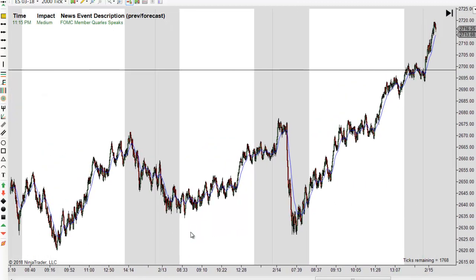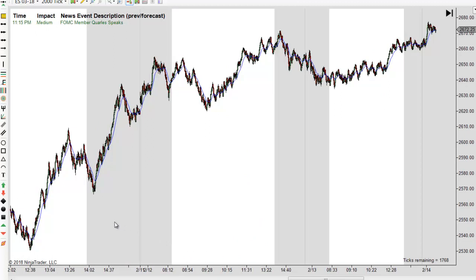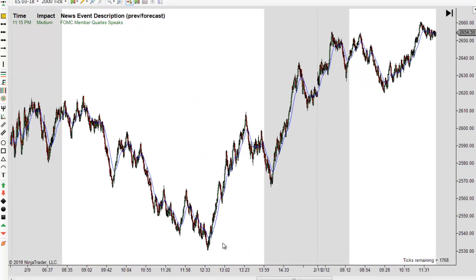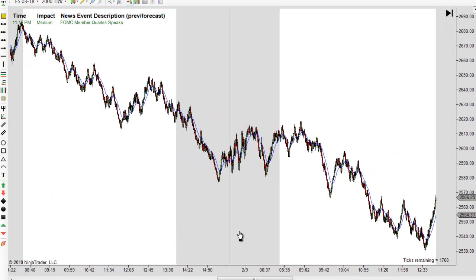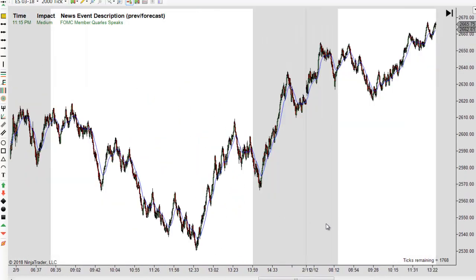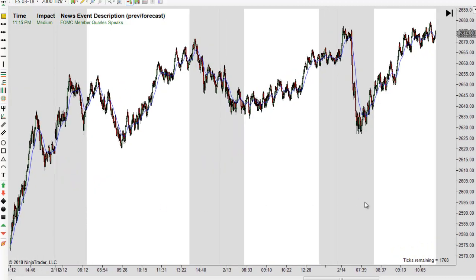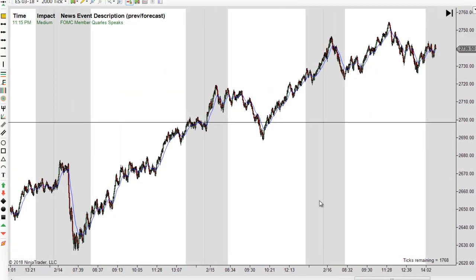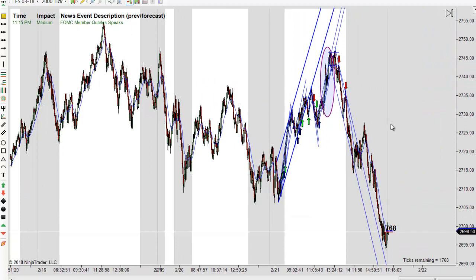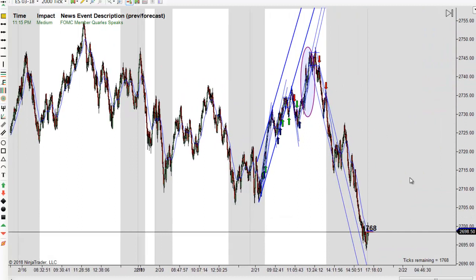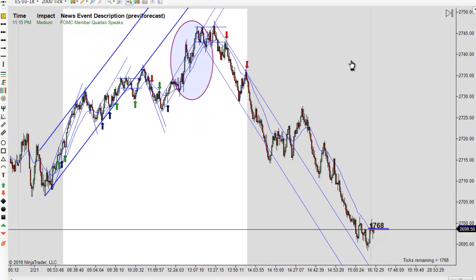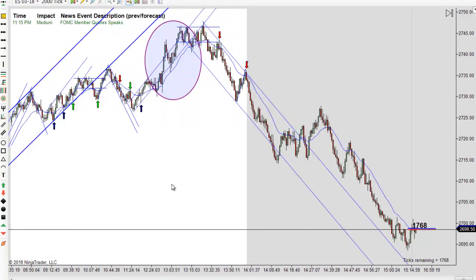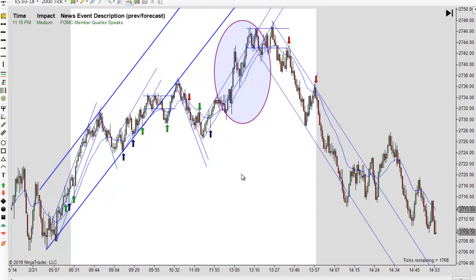Where were those original lows? It was down there somewhere in the 25. Maybe this was it, 25.30. So yeah, it wouldn't surprise me to see us test that again or attempt to test that before we go any higher. But that's still way more than 150 points or so down there. So we'll see. But it wouldn't surprise me if we tried to go back and test that again before we went any higher.